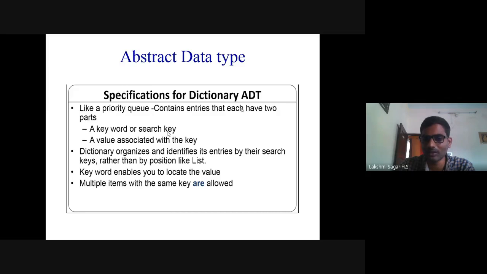Multiple items with the same keys are also allowed. Same keys means, for example, date. Date in a dictionary may have different meanings, but date is the same key while the definitions may be different. So multiple items with the same key are allowed.